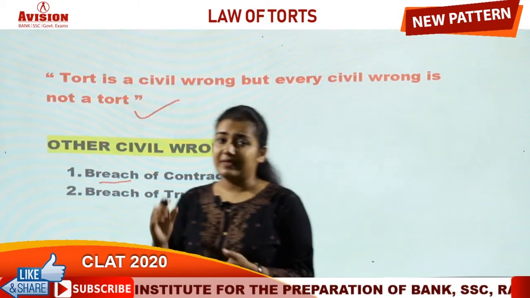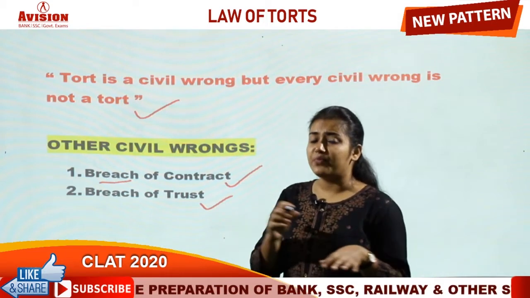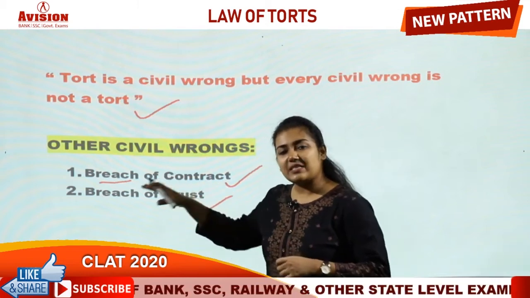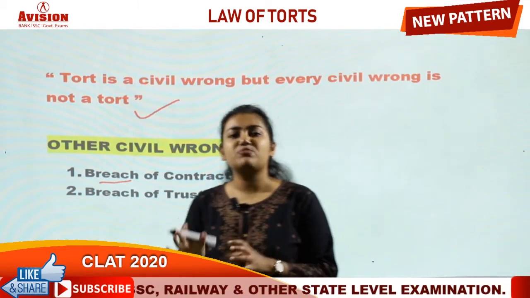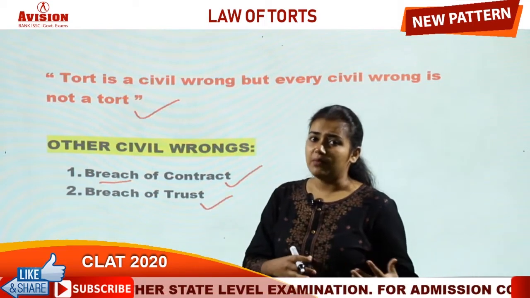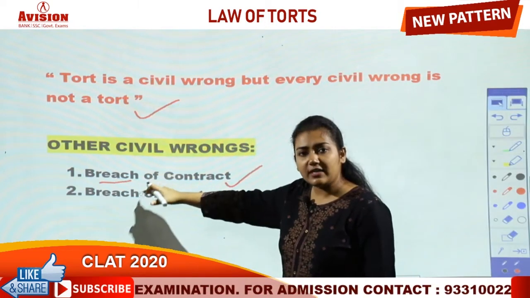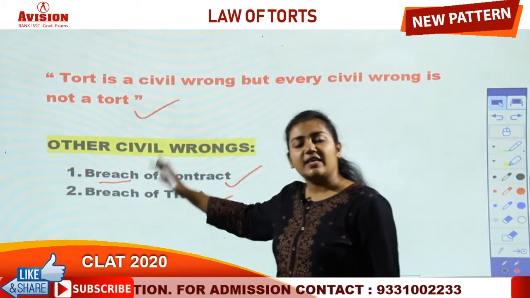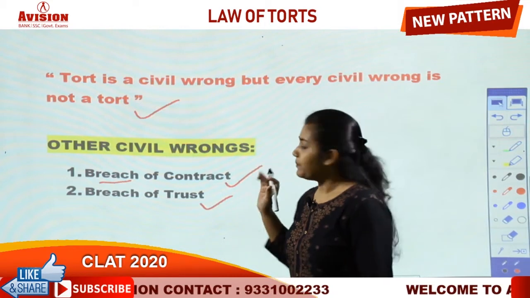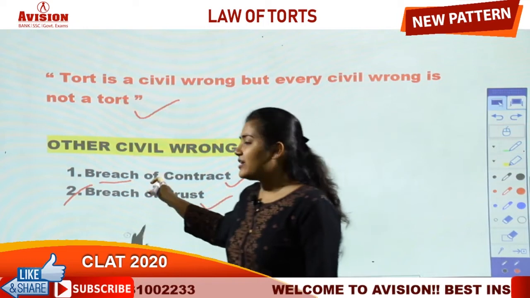Or if it is mentioned in the contract from before that if any party violates the contract or makes a breach of contract, then he will pay this much compensation, and it is agreed previously between the parties, then if the party makes a breach of contract, he will have to pay that much compensation as agreed upon. So, next is breach of trust. This is also similar to contract.